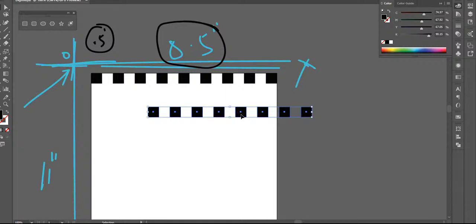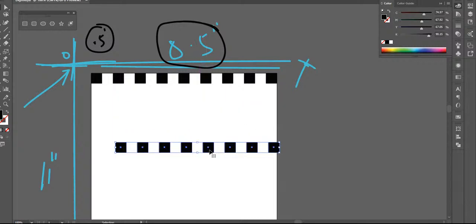Right, I just copy paste these things. No, Badal, it's not 1.5, it's 0.5 only. It's 0.5. And I select all of these,